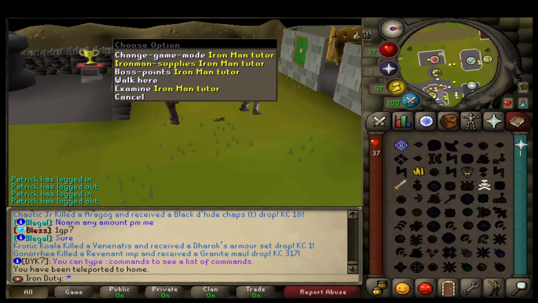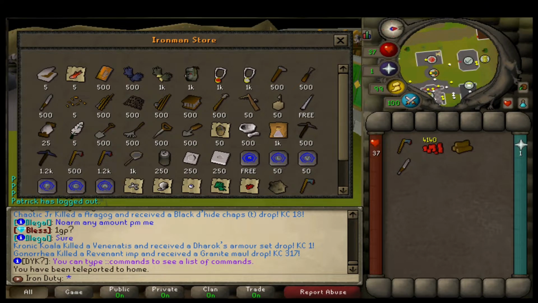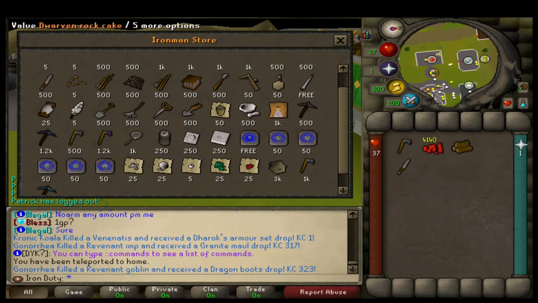So you go to Ironman supplies. This is the conventional Ironman shop I was speaking about before. You can buy your bee gloves here, your Avas, both of your pickaxes, and your regular hatchet. And they do have some secondaries, so that's cool. You get snape grass for prayer pots, and red spider eggs for super restores, which is really nice actually. That helps a lot. I mean, you still have to get bird's nests for brewers obviously, but